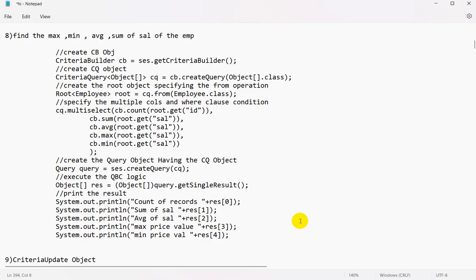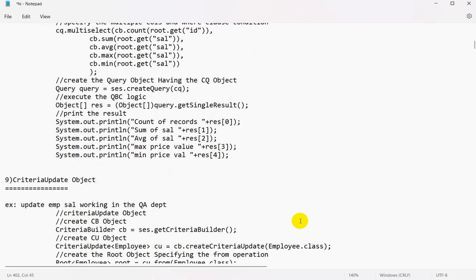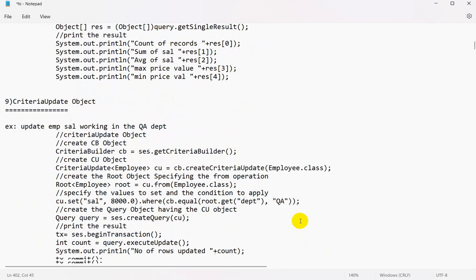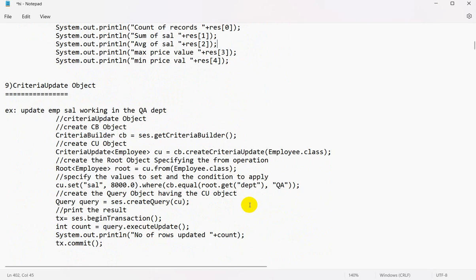Let's go here. Now we have performed select operation. Now it's time to go for update operation. So here we have to choose the criteria update object. First, we have to create a criteria builder object. Then we have to create a criteria update object. Then we have to create a root object specifying the from condition. Then specify the values to set